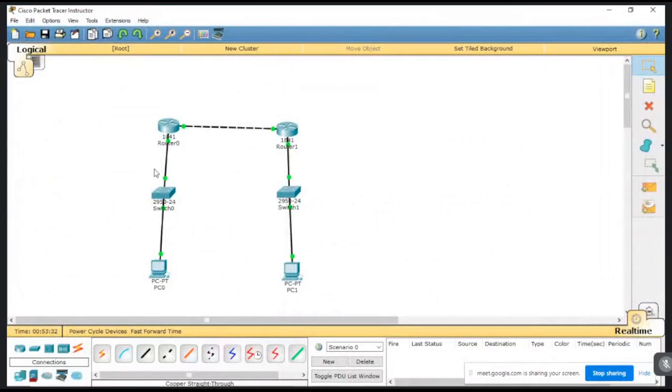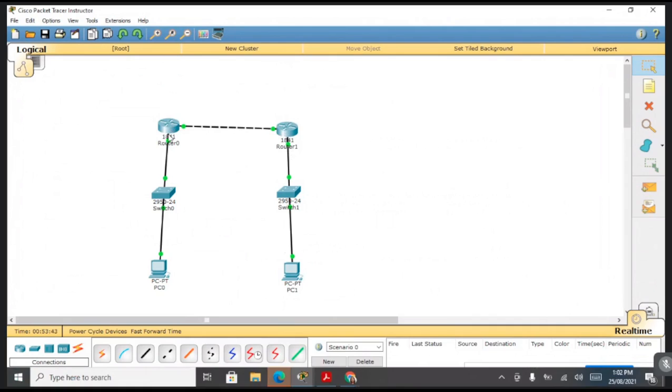You can see here the connections, all the connections are on. All the red color circles turn into the green color, right? So after configuring router 0 and router 1, and even the IP configuration on PC 0 and PC 1,